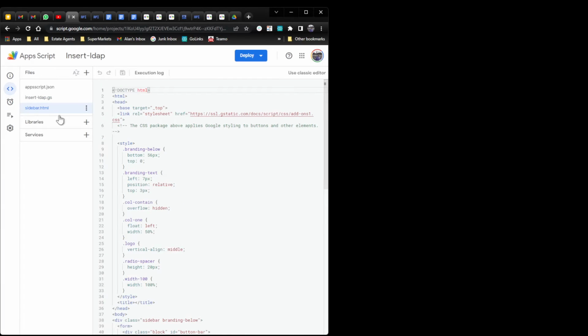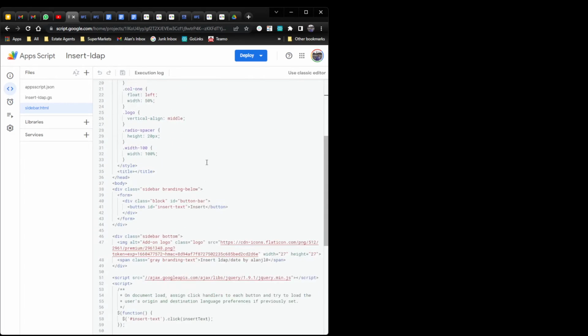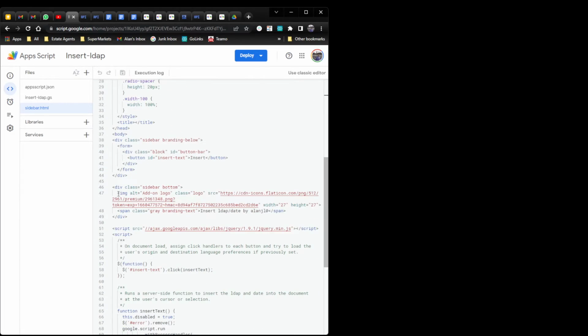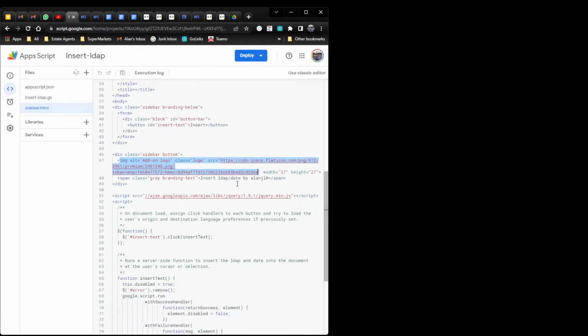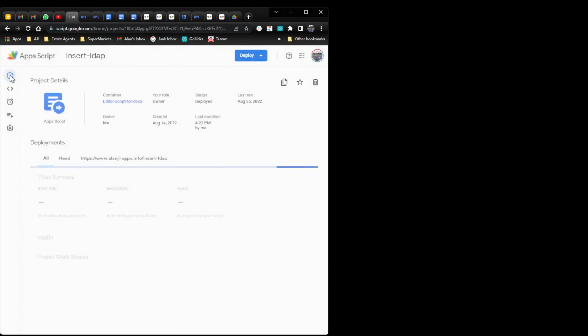go to the sidebar, we've got the style sheet here. We scroll down, we've got a logo here, and we've got the jQuery library source reference there. So that's those three. So if we go back to the overview,